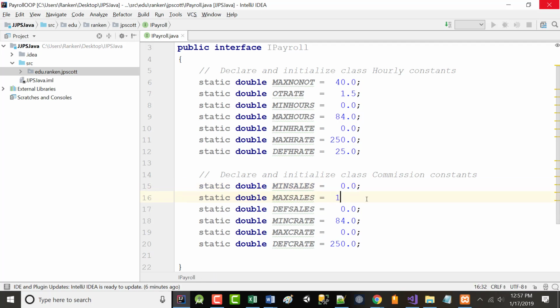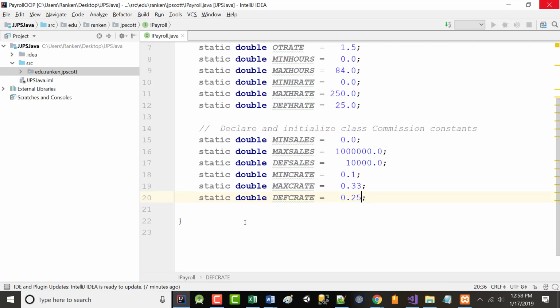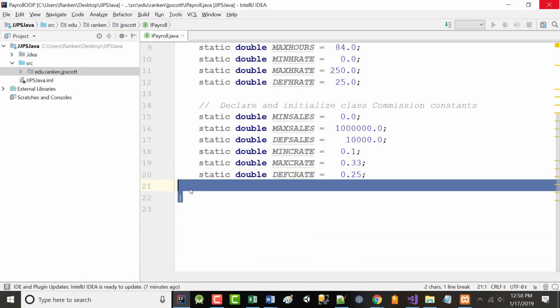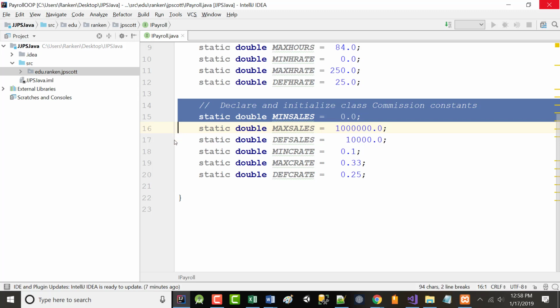I'm going to just inflate this. There. I'm not going to worry about lining stuff up. That's fine. Okay, and a couple more here.